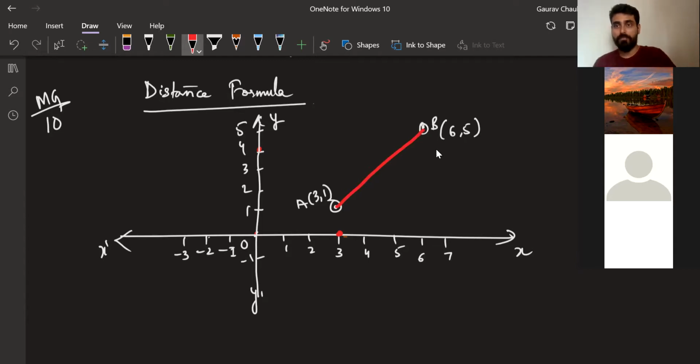Now that's where the distance formula comes in. Any thoughts anyone has? I'll give you guys a minute to think. I really want this not to be just given out. So take a minute to think and then we will proceed. Anyone has any thoughts? Raise your hands.